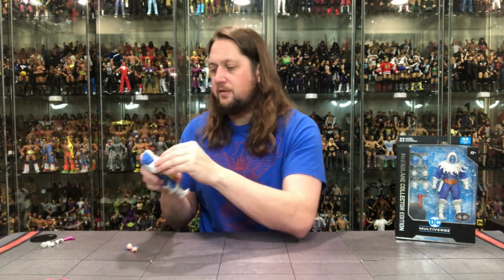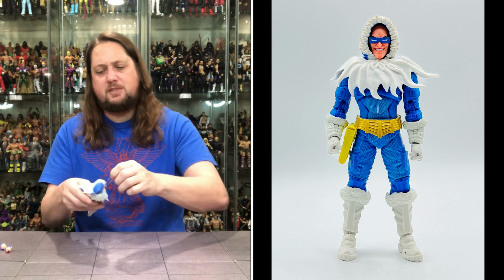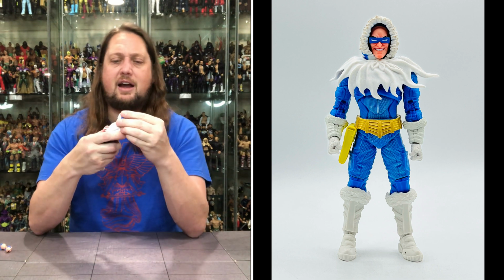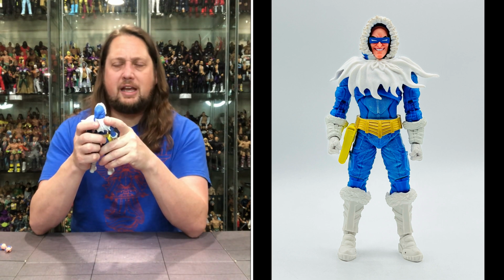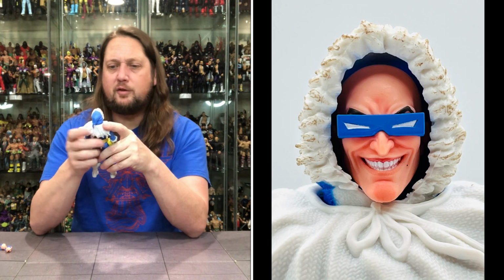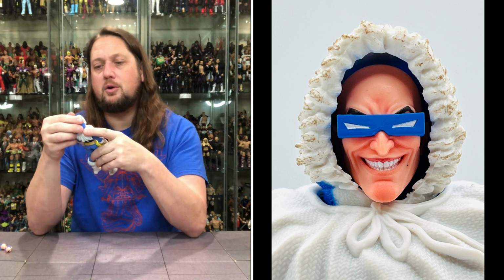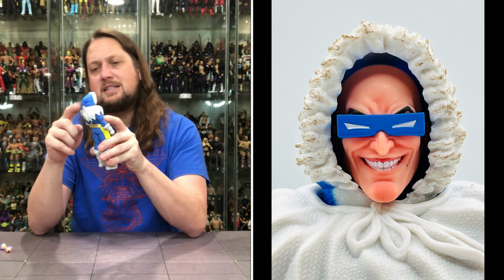And now we're diving into the figure itself, and oh, look at this. We got a little rubber band around the faceplate, so I guess they're worried it might come off. I guess we'll see what happens there. But we do get faceplate here, number 1. We got a very sinister looking Captain Cold, showing those teeth off, of course. Got those crazy glasses there as well, little eyebrows poking through. Bald head, and then you got the parka over the top, and you've got a little tail on the back